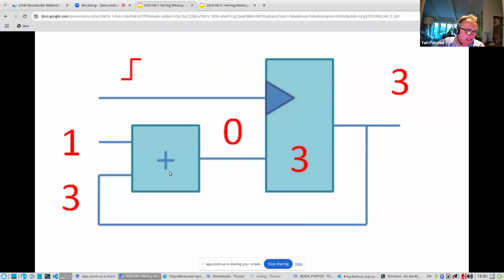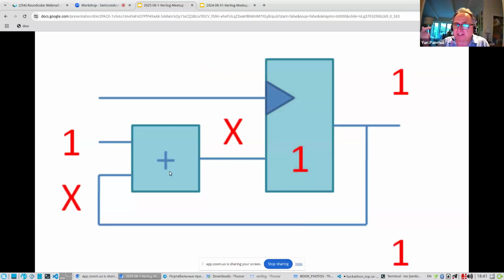And this is the main idea in all digital hardware designs, that you combine combinational elements and registers, and you can create many interesting circuits out of it. Okay, so